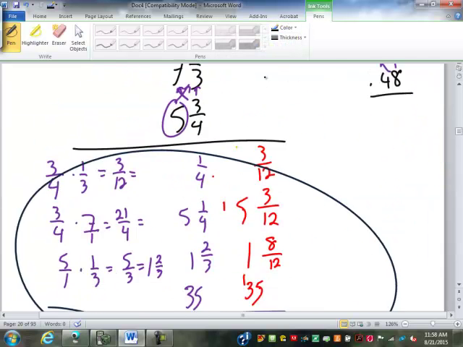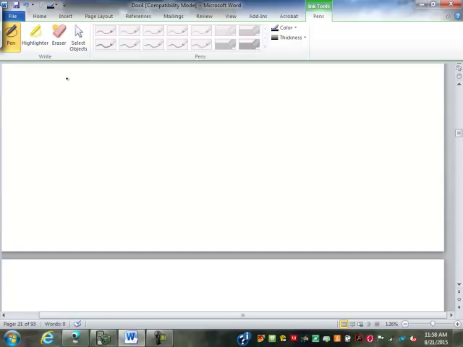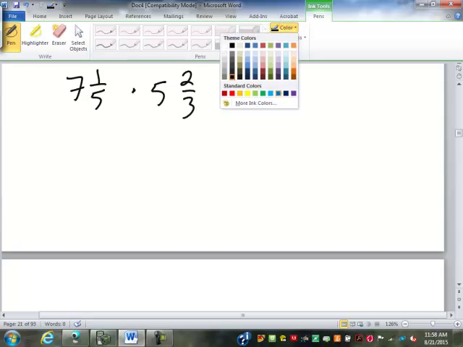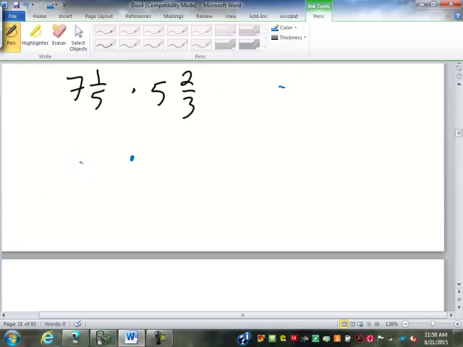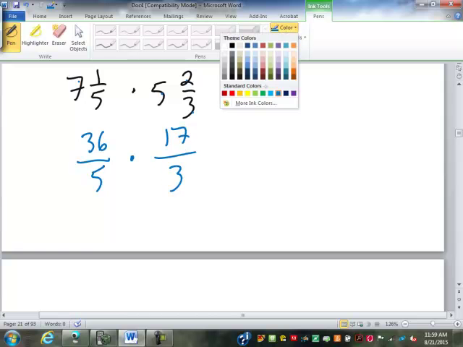Let's do one more example of that before we move on. Tell me what to do. Five times 7 is 35. So 36/5. So 3 times 5 is 15, plus 2 is 17/3. And then